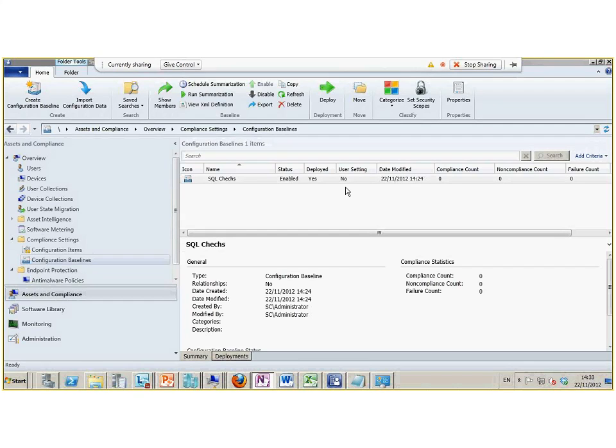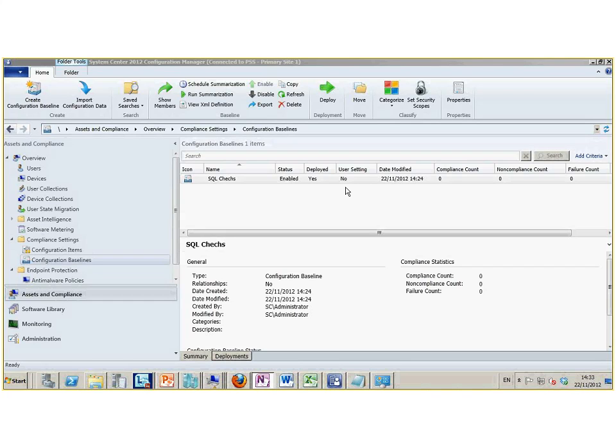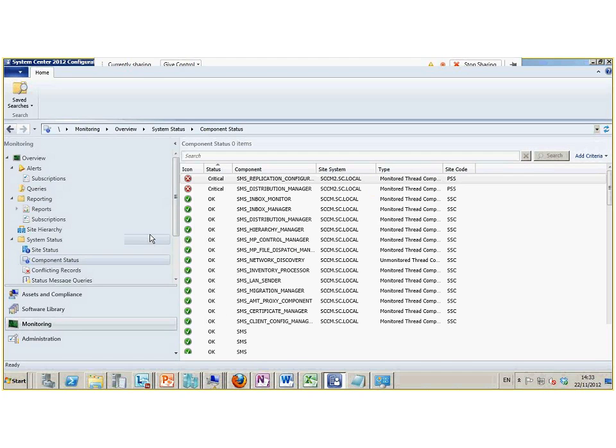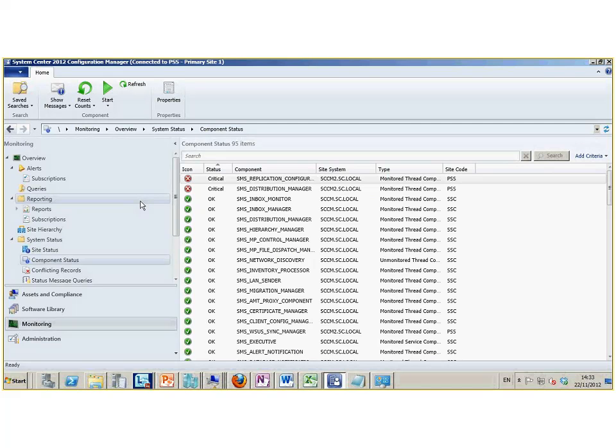So how do we know that the machines in Config Manager are the way we want them to be, and if there's anything we could do to remediate machines when they go out of compliance. So all of this is looking at the health state, what's going on with your system. When you're looking at health and what's happening on it, you're starting off in the monitoring section,